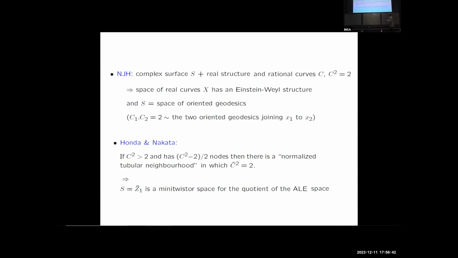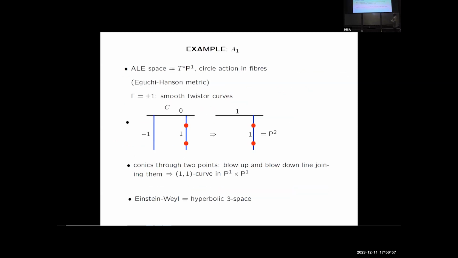So the local structure is compatible with the structure I have, but there's a local structure because you're looking at these nodal curves. The nodal curves themselves are sufficient to generate this structure. And so here, let me give you